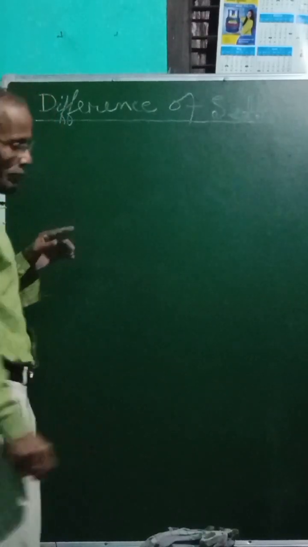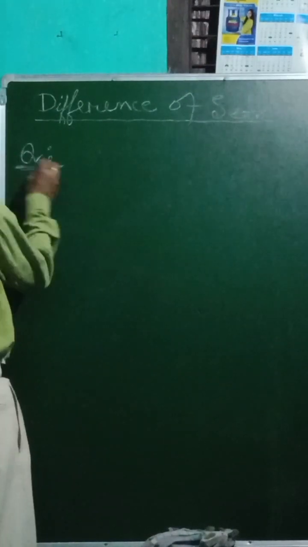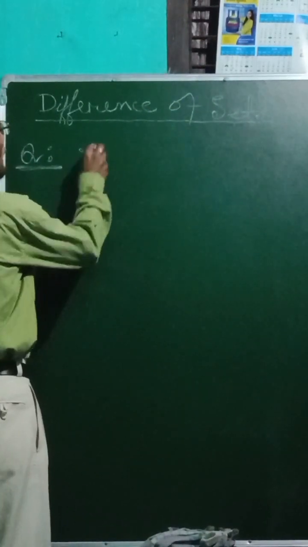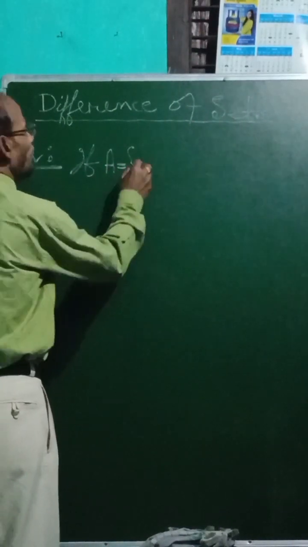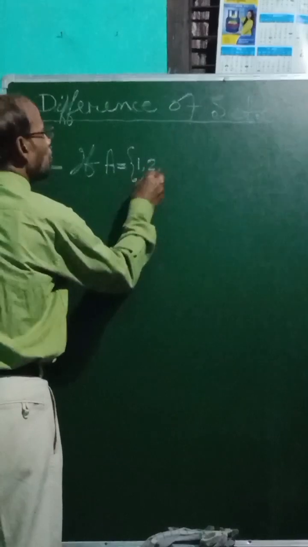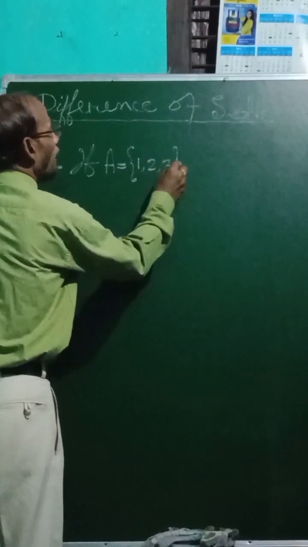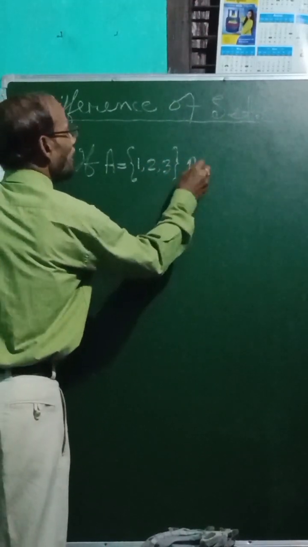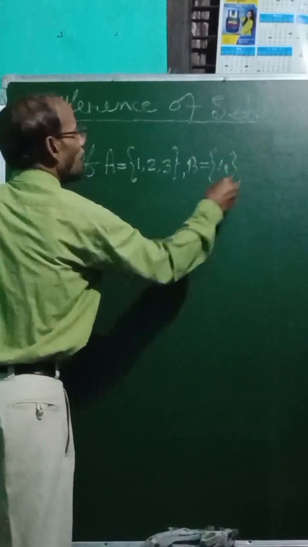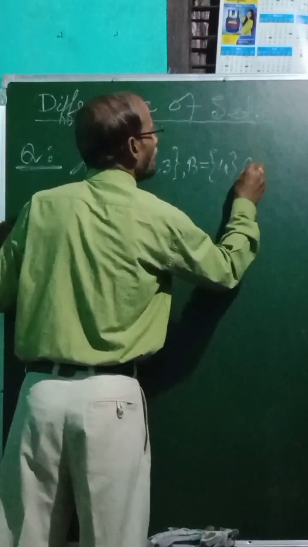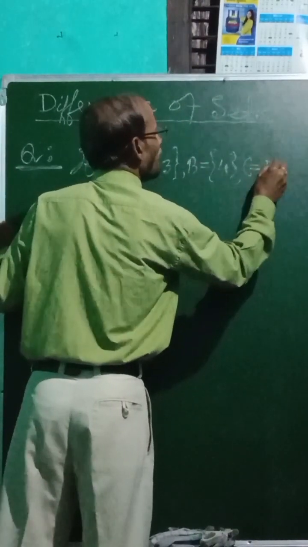Let us take a problem based on the disjoint sets. Question: if set A is equal to {1, 2, 3}, B is equal to {4}, C is equal to